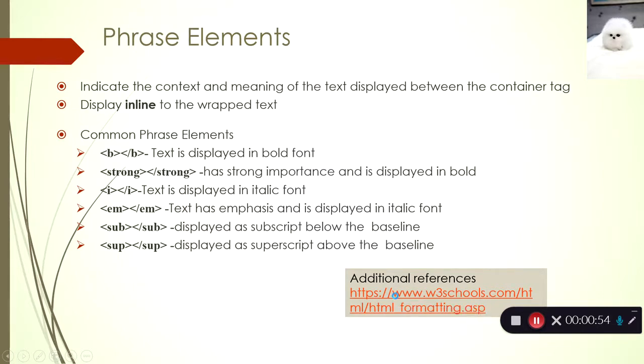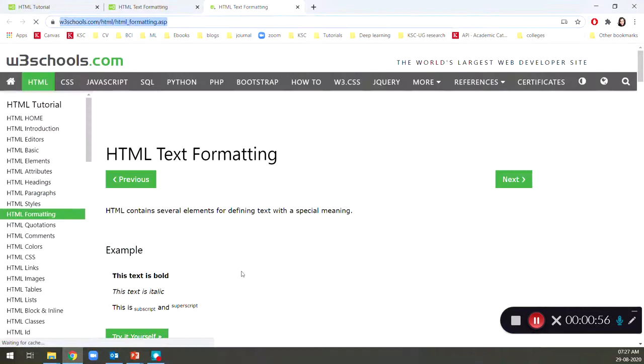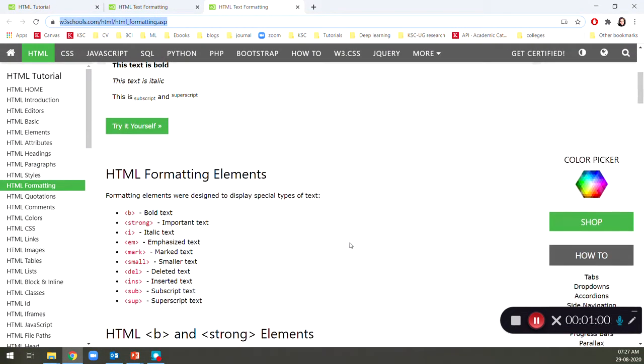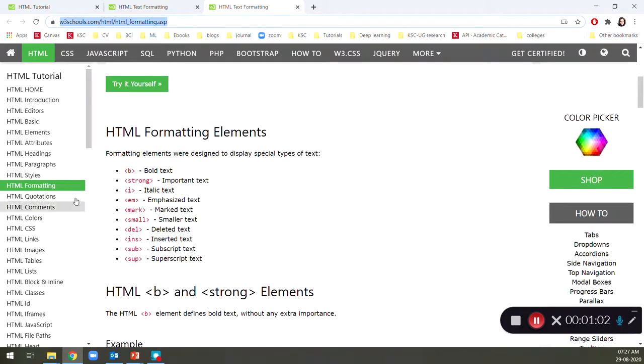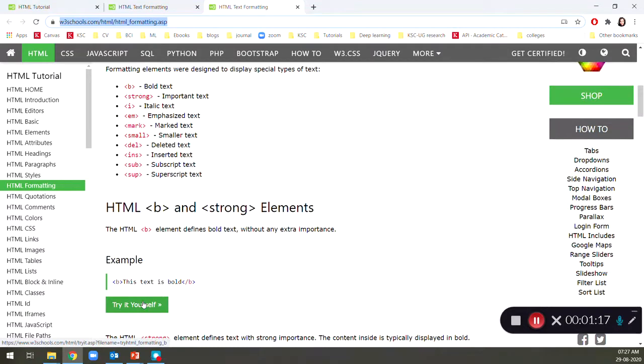If you click this link, it will direct you to this W3 School page where you can try different formatting elements. You can see these are the text formatting elements that are available in HTML5. This is for bold, strong, and then italic. You can even make text small. So let's try each.